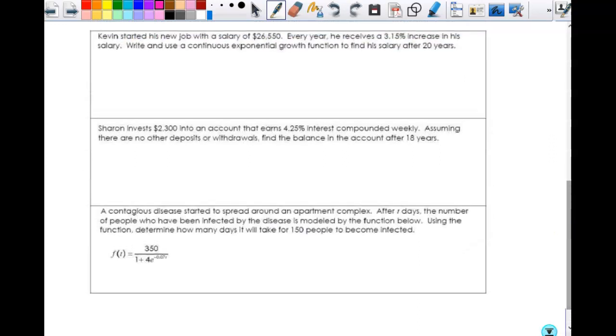It says Kevin started his new job with a salary of $26,550. Every year he receives a 3.15% increase in his salary. Write and use, this is what a lot of us had issues understanding, a continuous exponential growth function to find his salary. So continuous means I'm using my PERT formula. So A equals, okay, so we're using PERT. The principal is